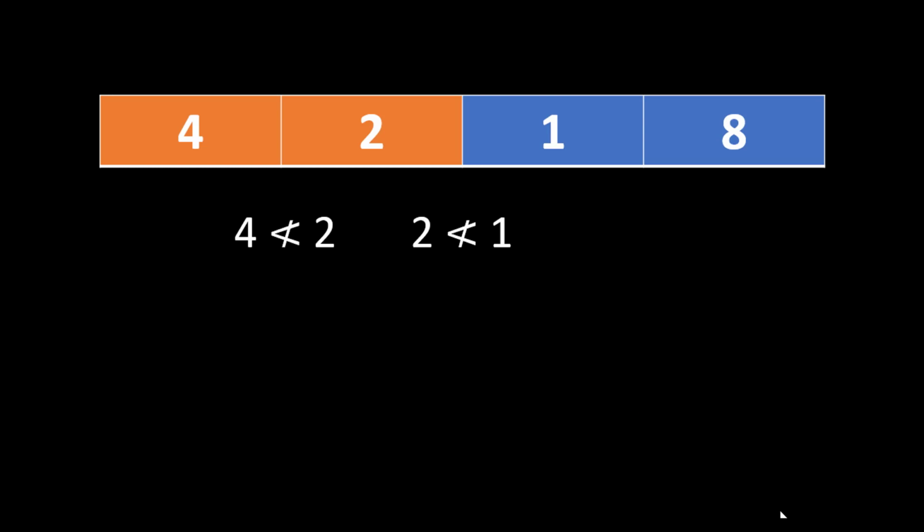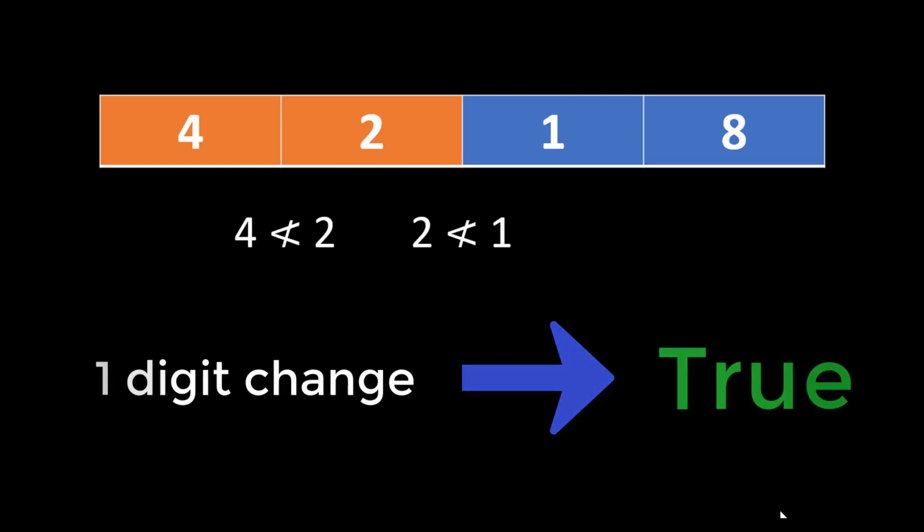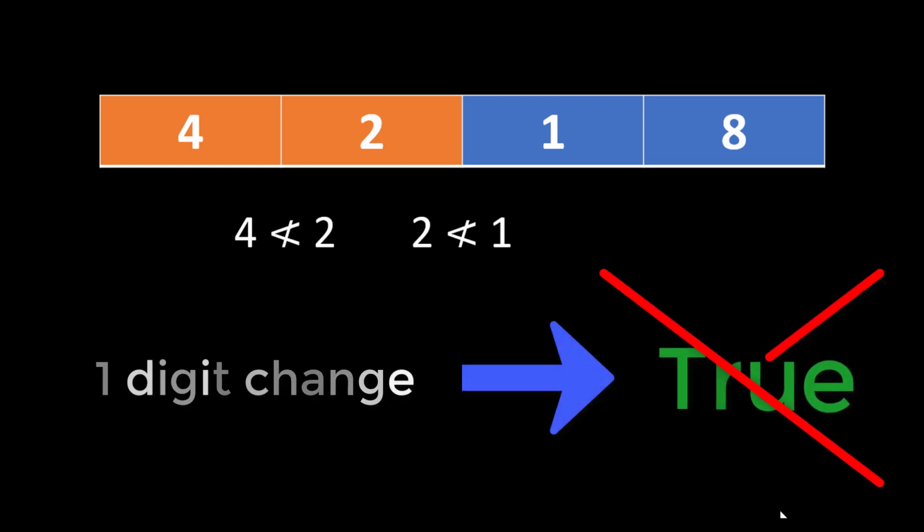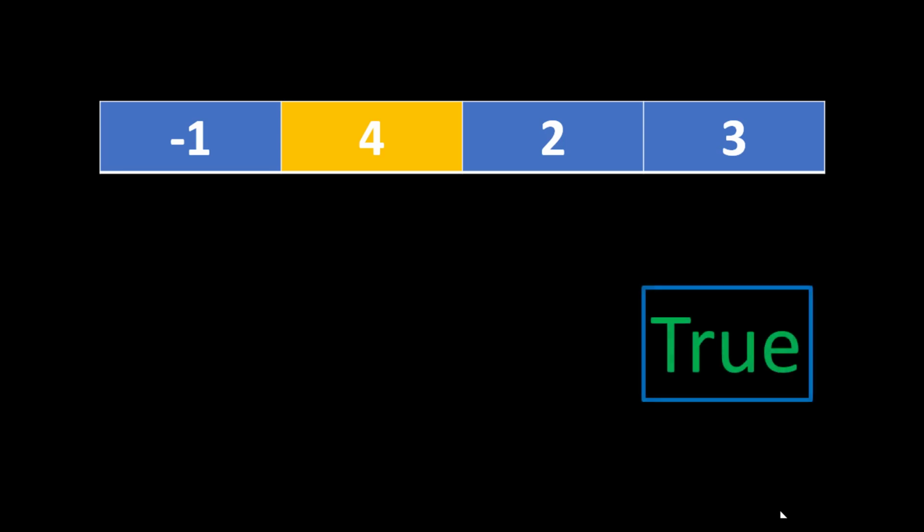Now we think that in the cases where we find only one position where we need to change the value to make it a non-decreasing array, we are right. That is the assumption that we usually make, but this does not hold in this particular question, and now we will see why. Suppose we have this particular array with us and we find that there is only one position at which we need to change a value in order to make it an increasing array. So the answer to this array will be true.